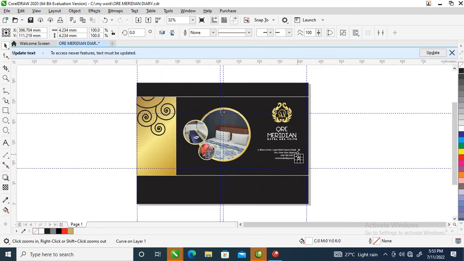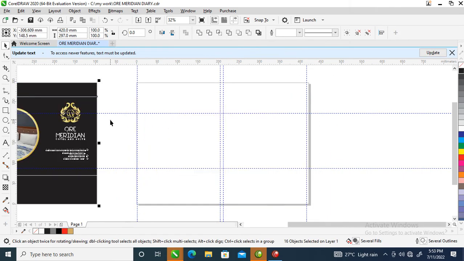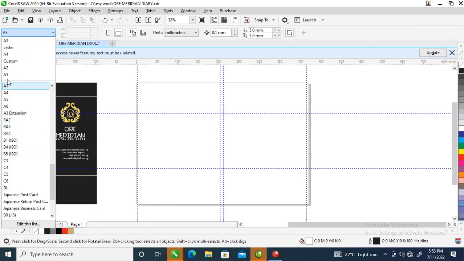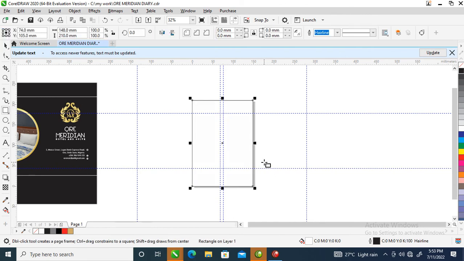So we are through with our bag right now, so we are going to go over to create our notepad. So follow me as I do that as well. So what we're going to do, copy this aside just like so, then you change the page to A5, which is the normal size of our notepad. So right now you go over to your rectangular tool, double click, automatically stamp into the page,